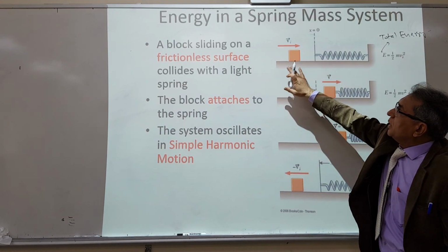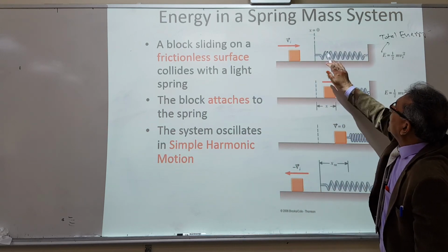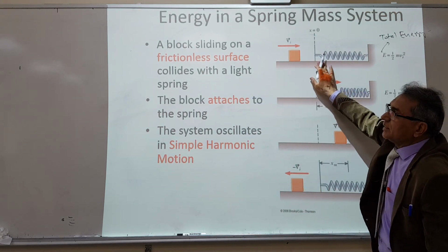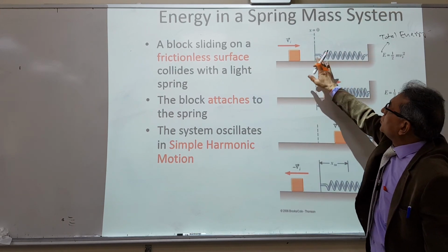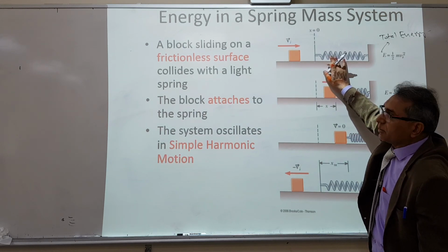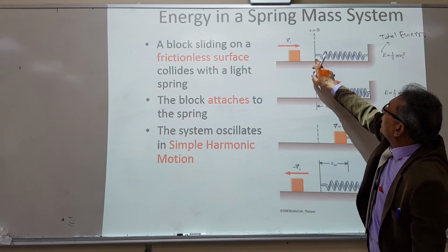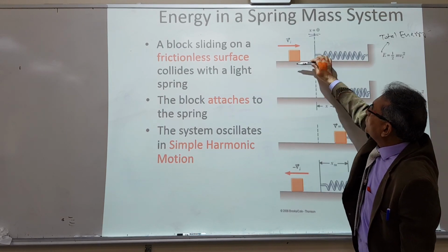You see, a block is moving with the initial velocity vi. The spring is far away. There is no compression, no stretch in the spring. So elastic potential energy half kx square is 0 because x is 0 at this point, you see. And also this is on the horizontal